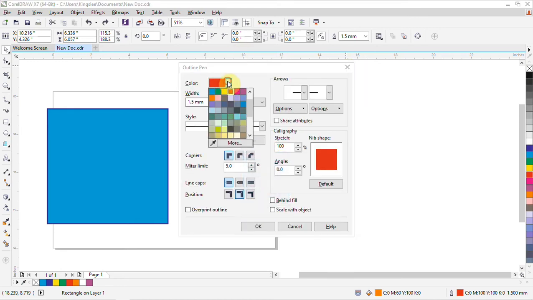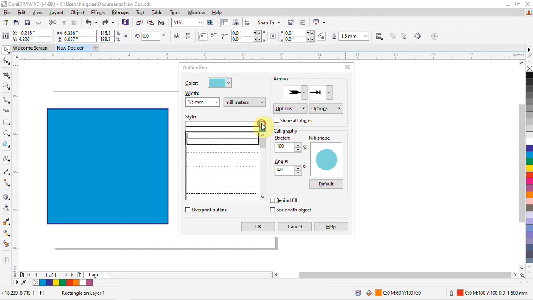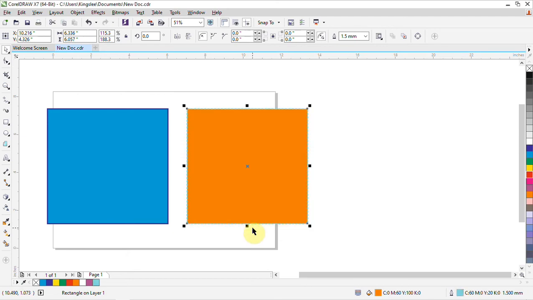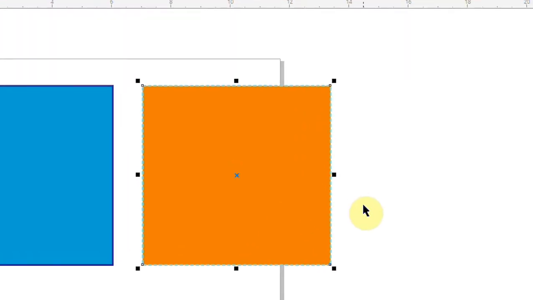Here you can give it a color, and apart from that there's other things you can do here. You can mess around with your outline. You can give it some sort of edge shape and other kinds of stuff. There's a lot of things you can do here. You can still change the line style, of which we've gone over all these things, but not this way. So that's it. And when you're done editing your line, you can come here to click OK, and your edit